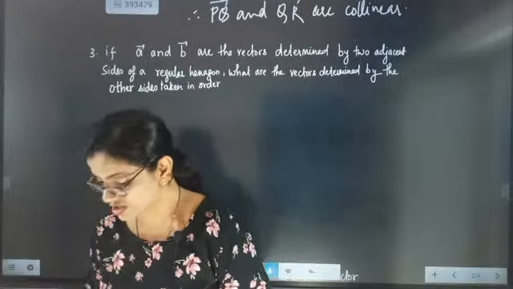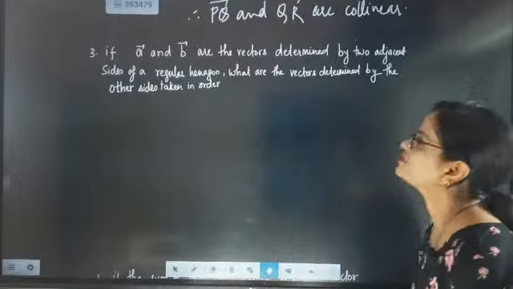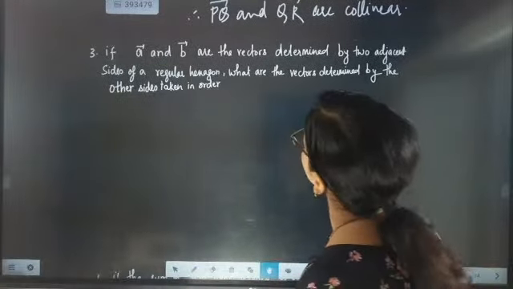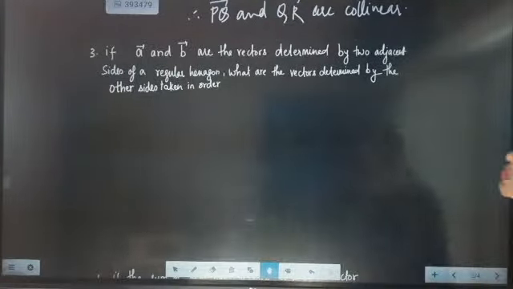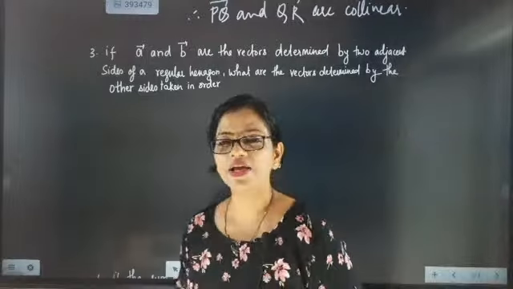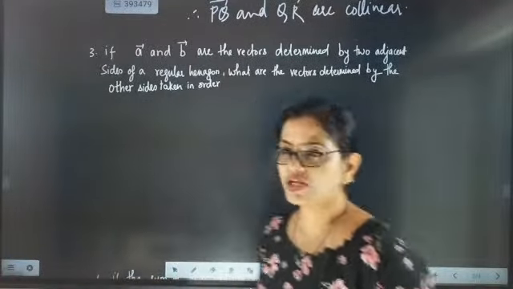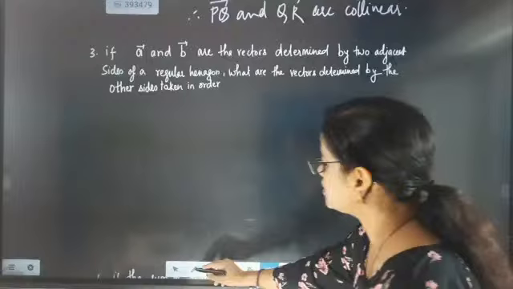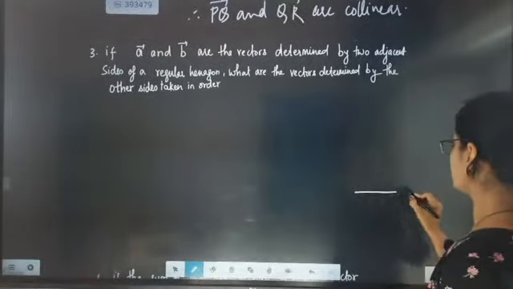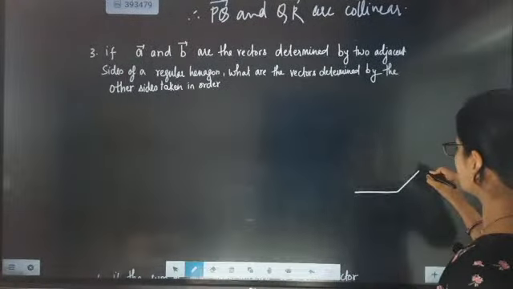Now the next question. Let's see how you are going to handle this question. They are telling that vector A and vector B are the vectors determined by two adjacent sides of a regular hexagon. So we know what the meaning of a regular hexagon is. Regular hexagon means